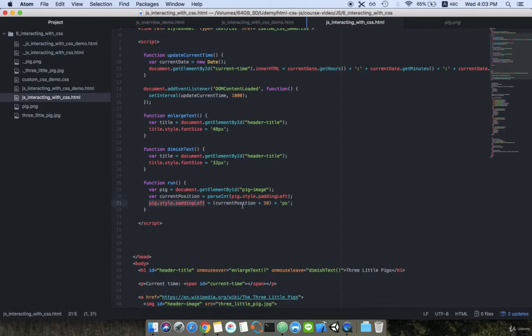So after the first click, the padding-left will become 60 pixels, and if you click again, the current position will be 60 and the next position will be 110. So we save it,